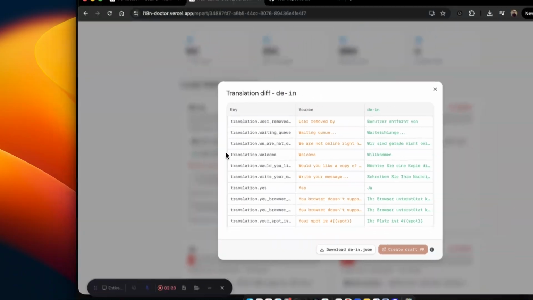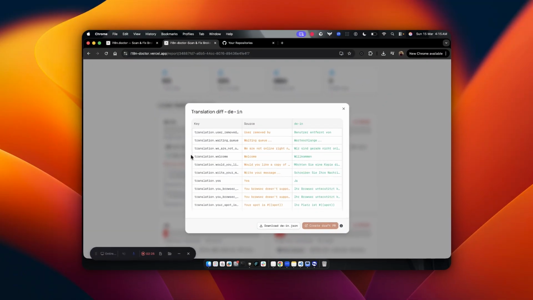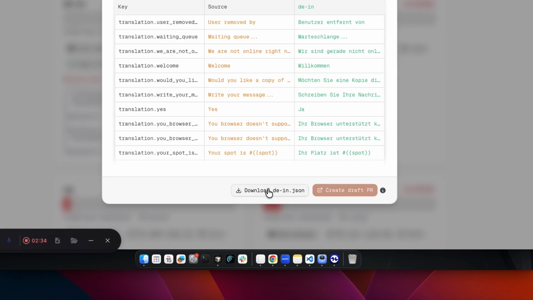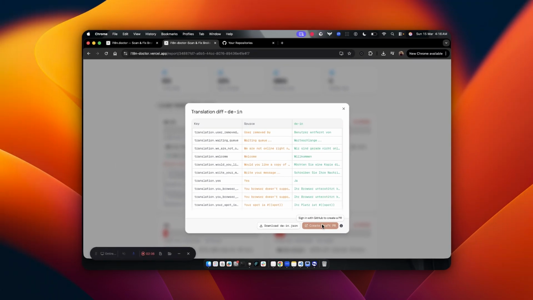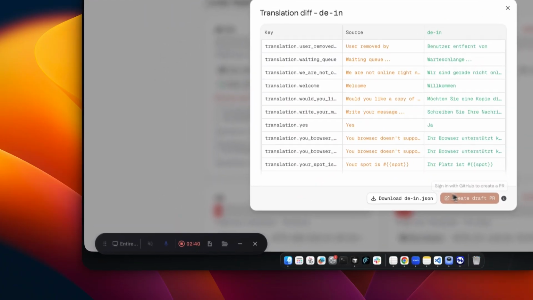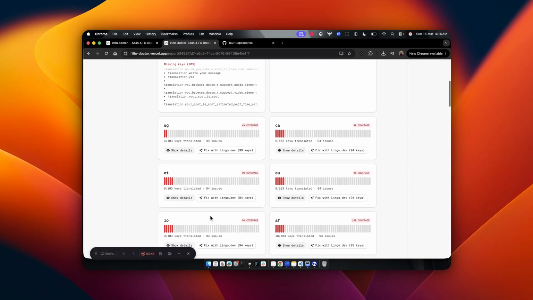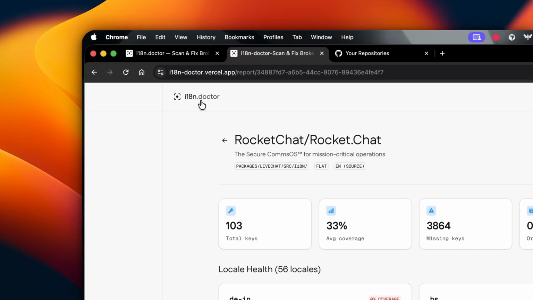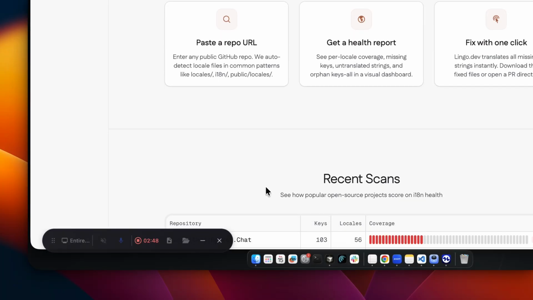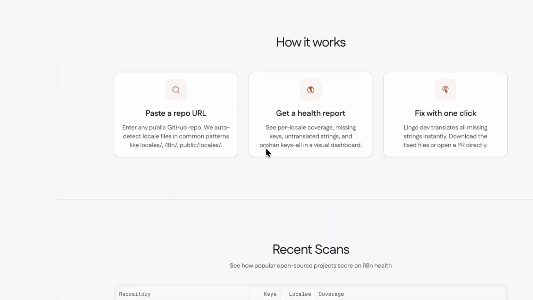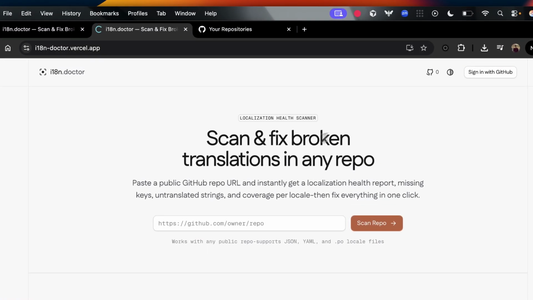Then there's this view diff, which shows the source language on the left and the new translations on the right, for every key. So we can review, and if it looks good, we can download the JSON, or create a PR. In order to create a draft PR, we first have to log in with GitHub. If you are not logged in, the project gets added to the recent scans on the homepage. And once I log in with GitHub, I will show you